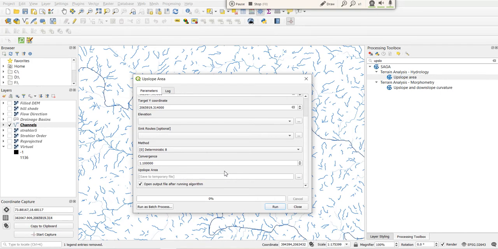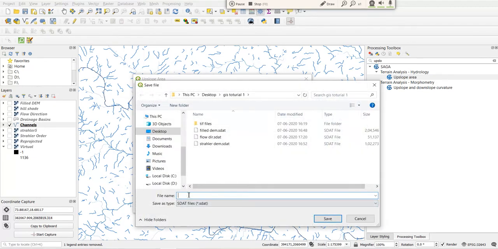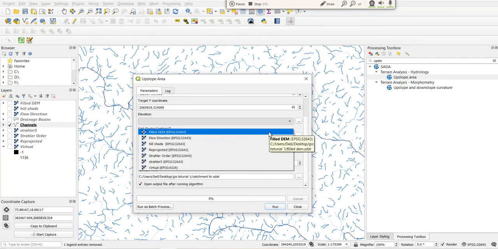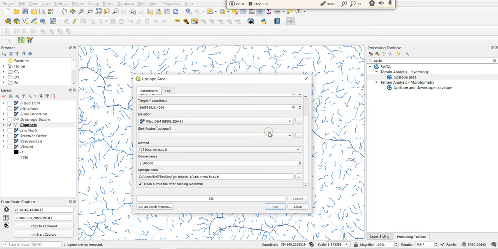I have selected it. Now the upslope output file, let's say save this file to be named bridge catchment, save it and run that. Wrong, missing parameter elevation. Okay, there is something. Okay, that elevation is the filled DEM. Okay, run.